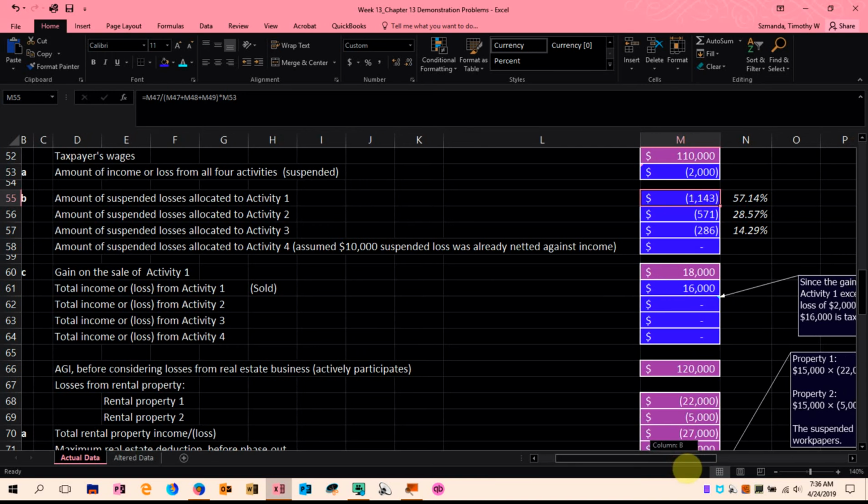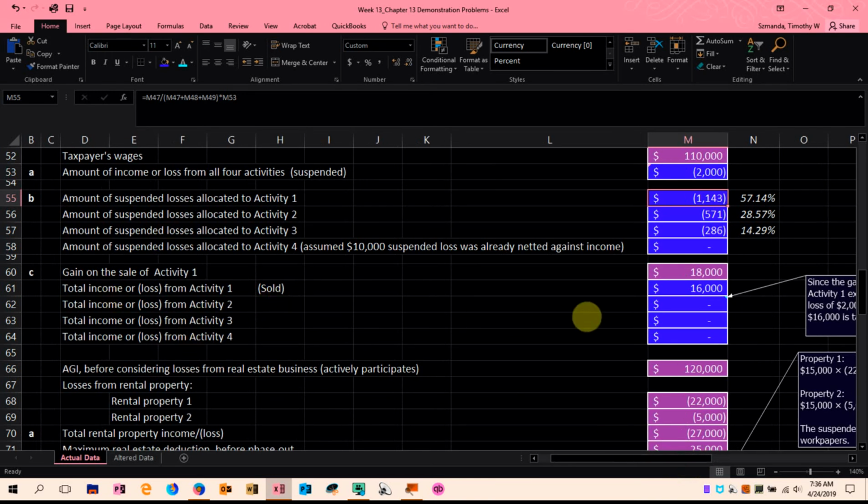So when we look at activity 1, it has been sold, and the amount of the total income or loss that we need to consider is, first, the $18,000 sale price, and to that we're going to add the amount of suspended losses from activity 1, which was 1143, and then we'll also add the amount of suspended losses allocated to activity 2, as well as the amount of activity loss that was allocated to activity 3. When you add all those 3 together,